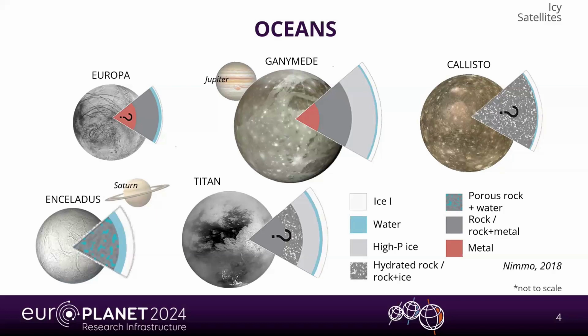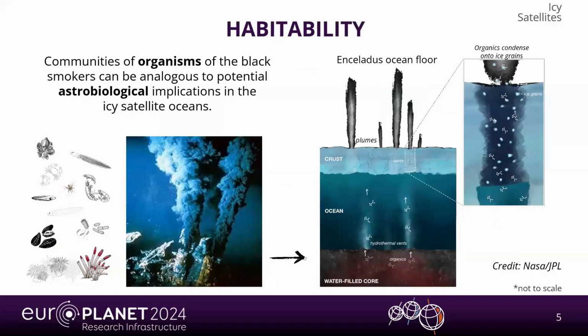So, for instance, Europa or Enceladus, they have an internal ocean that is in contact with bedrock, which is analogous to what happens on our ocean floor on Earth, where hydrothermal vents called black smokers are located. And such features have been identified in the deep ocean floor on Earth, and they are near volcanically active places,